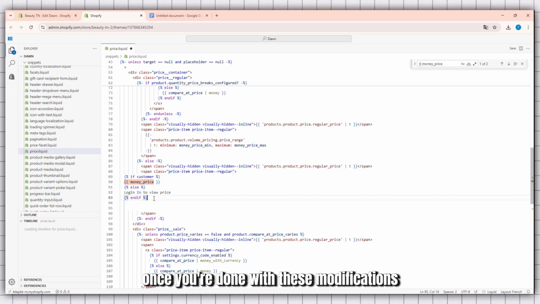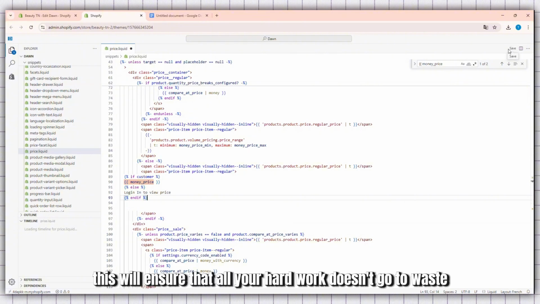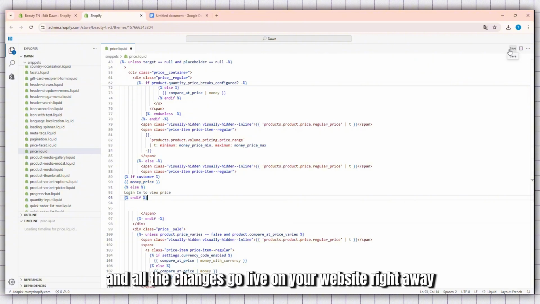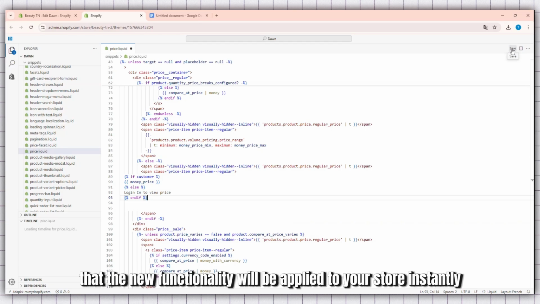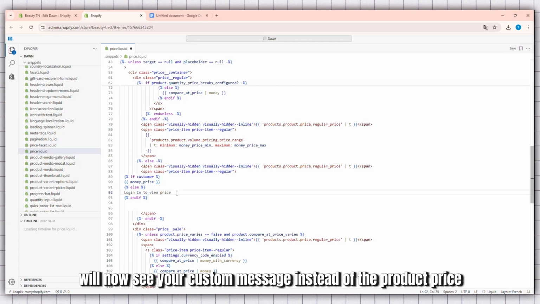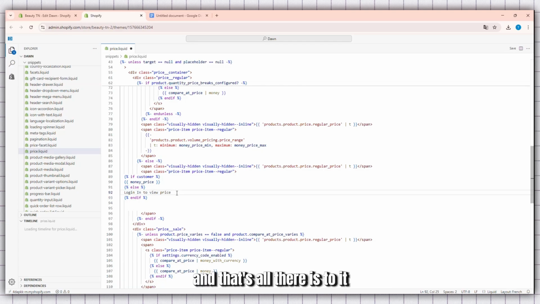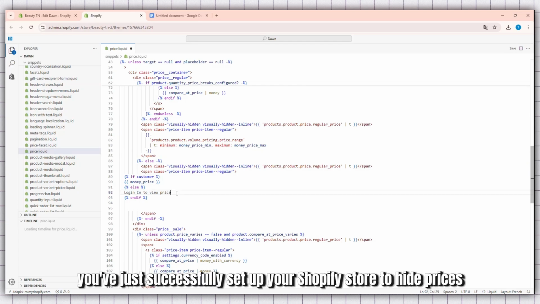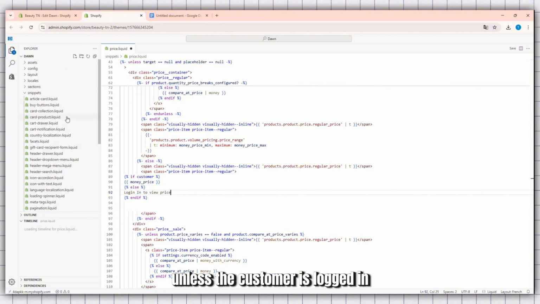Once you're done with these modifications, make sure you click Save. This will ensure that all your hard work doesn't go to waste and all the changes go live on your website right away. By saving your work, you're ensuring that the new functionality will be applied to your store instantly, and visitors who are not logged in will now see your custom message instead of the product price. And that's all there is to it. You've just successfully set up your Shopify store to hide prices unless the customer is logged in using the Dawn